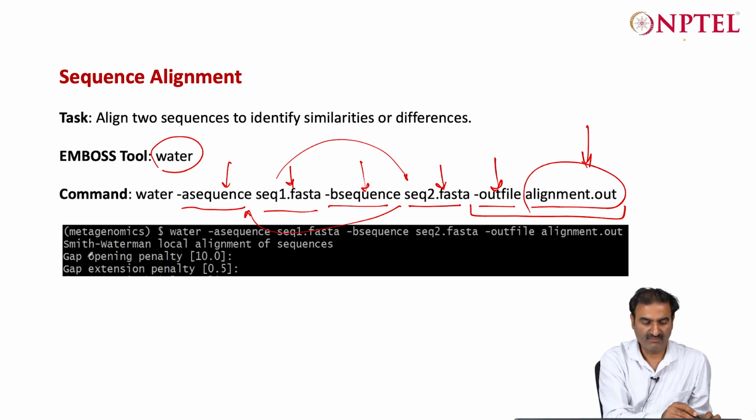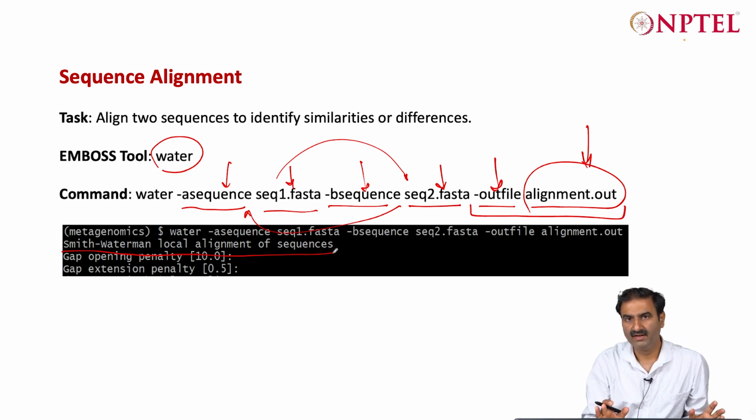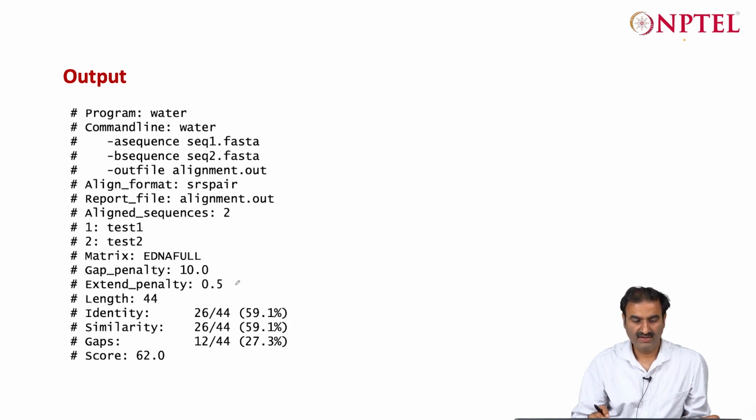So it will do the Smith-Waterman, that is the local alignment of these two sequences. We will be covering this Smith-Waterman and Needleman-Wunsch algorithm later. And using the default gap opening and gap extension penalty, it will align the sequence and give you the summary: the identity between the two sequences is this much, these many base pairs aligned. This is the similarity, which is the same as identity in this case,